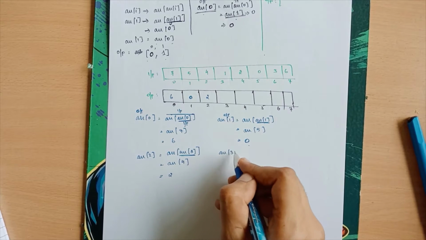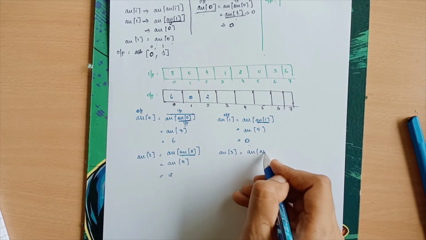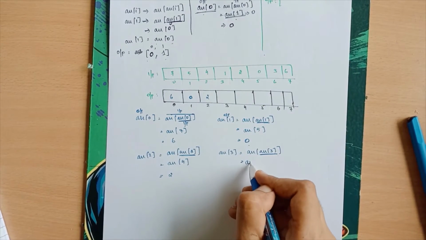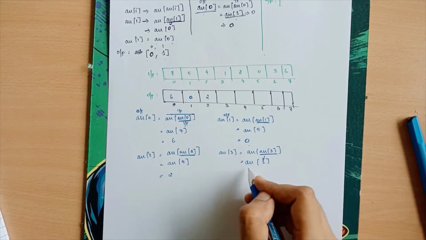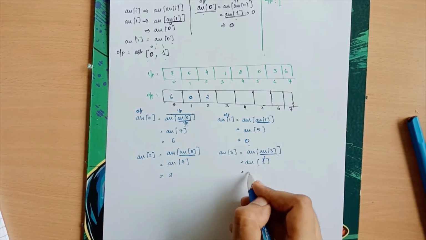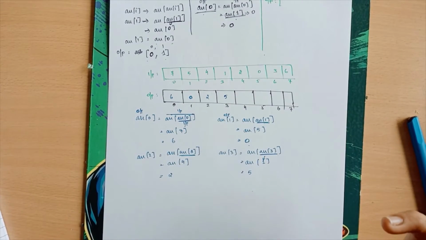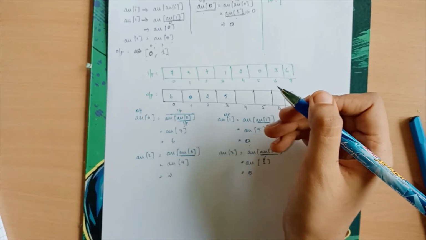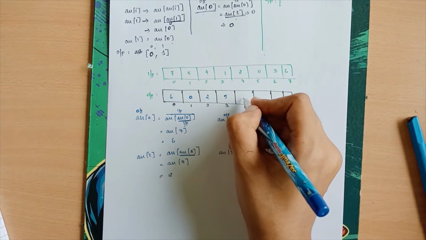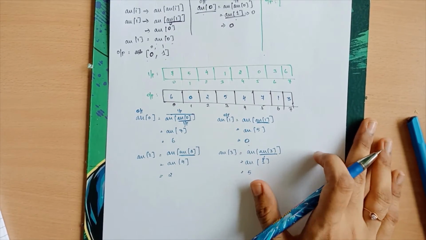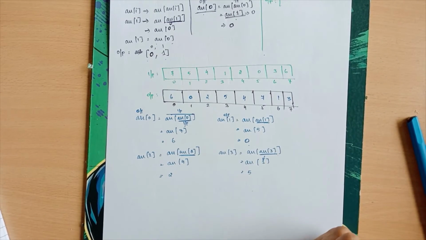Secondly, we have array of 3, which is array of array of 3. Array of 3 in the input array is 1, so it's array of 1. What is array of 1 in the input array? It is 5. Doing it in such a manner, we can fill the other things. I want you to fill it out because I can't do everything. After filling it out, the answer is 4, 7, 1, 3. If you got this, very good, you're going in the right path.